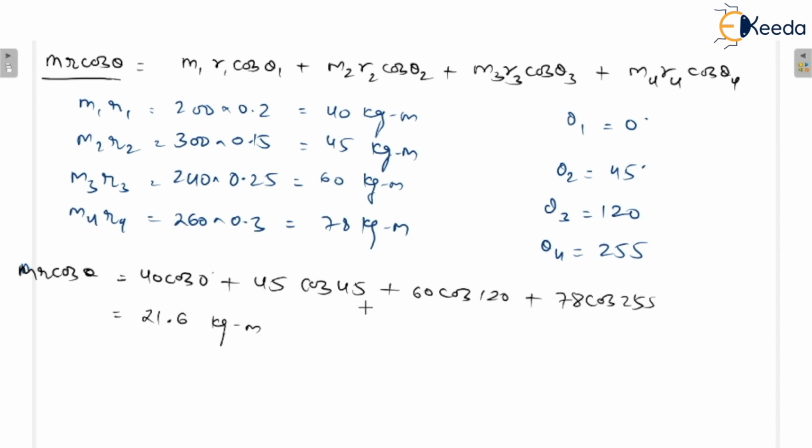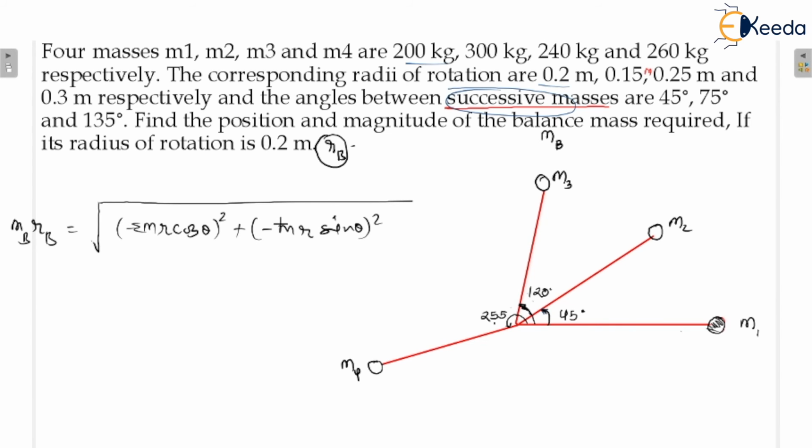Remember one thing, generally in the examinations they will give you the virtual calculator, so do lots of calculations on the virtual calculator. You have to practice on the virtual calculators, don't use a scientific calculator because they are not going to give you the scientific calculator in the examination. So just practice questions on the virtual calculator. So we have calculated summation of MR cos theta.